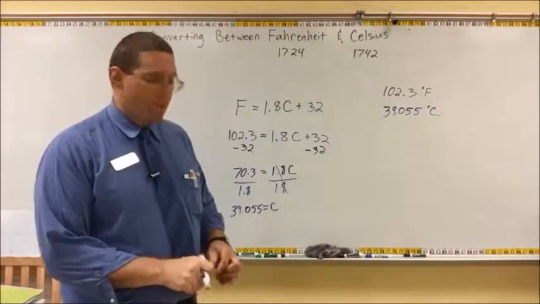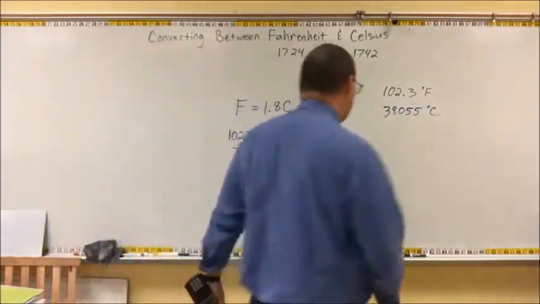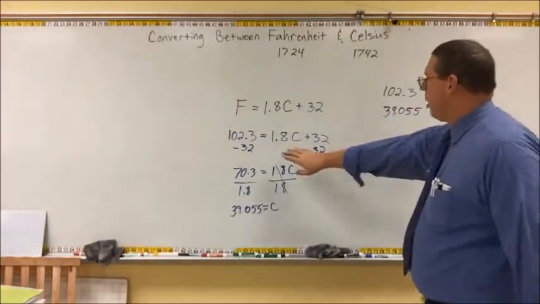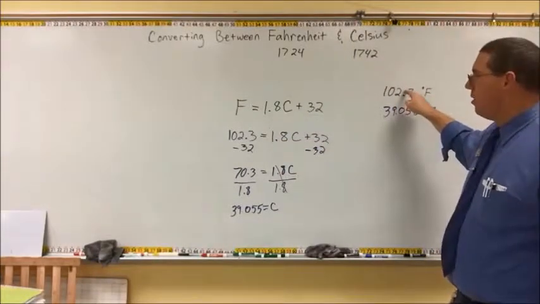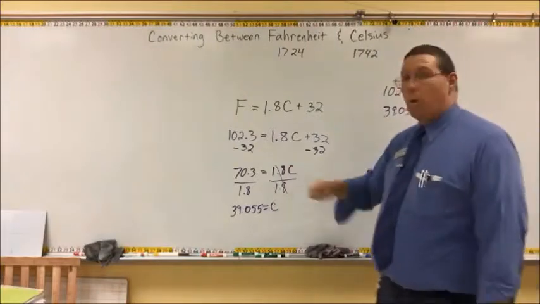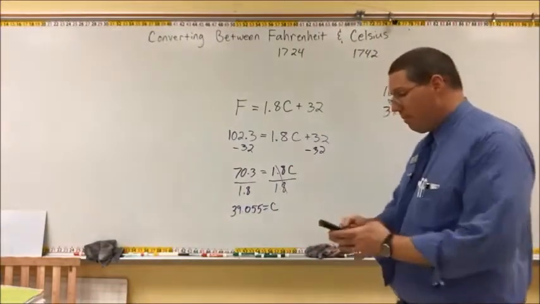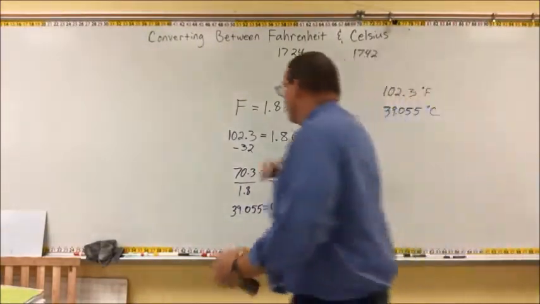Let's try another example, same way. And let's look at basically what we did. Basically what we did was we subtracted 32 from this number, and then we divided that number by 1.8. So let's see if we might be able to shortcut this. Let's say